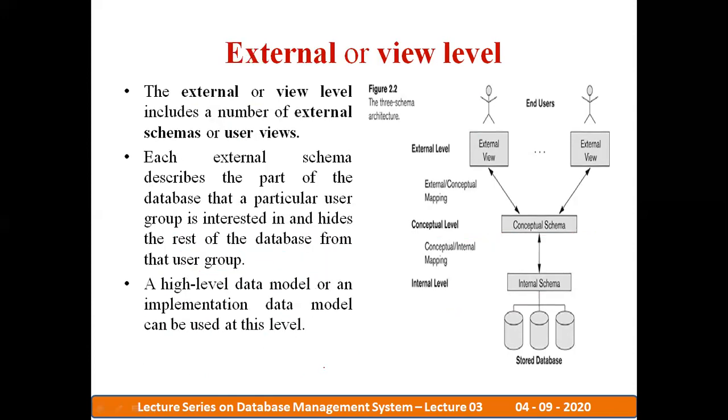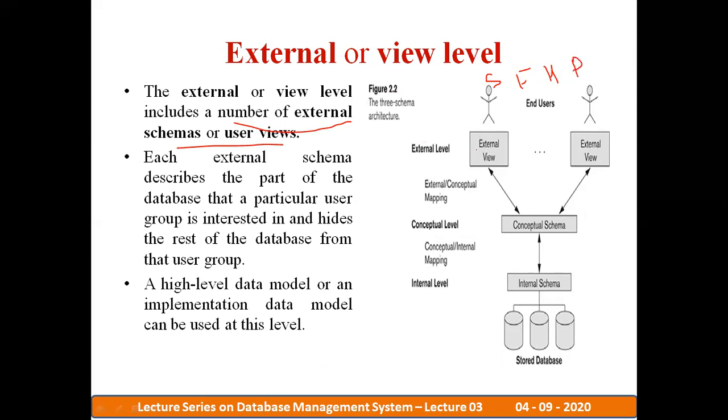Then the third one is the external or the view model. The external or view model includes the number of external schemas and the user views. Consider that for a student there is a separate view, for a faculty there is a separate view, for a HOD there is a separate view, for a principal there is a separate view.